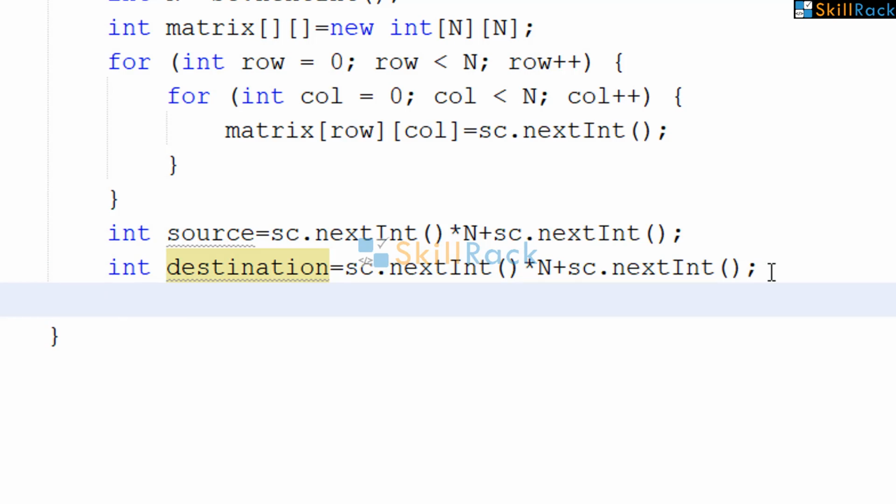So now we need a Boolean array to represent whether a particular node is visited or not. Node in the sense here, blocks in the street. So let us declare and initialize a Boolean array. Because there are n cross n elements, the array size will be n cross n.